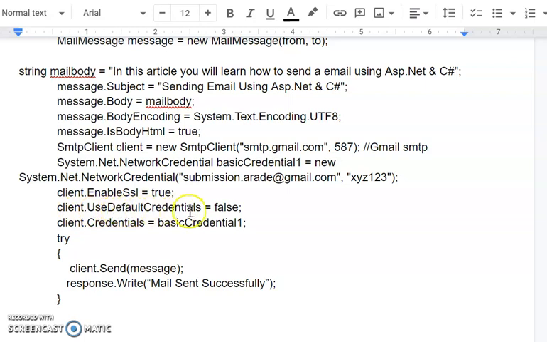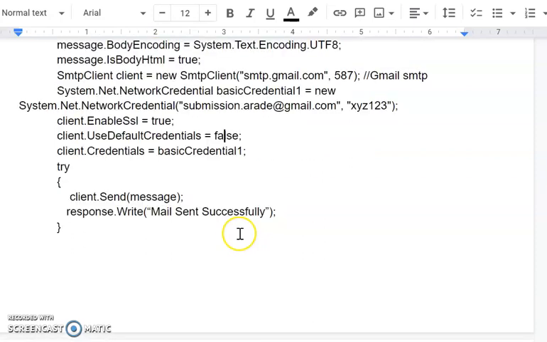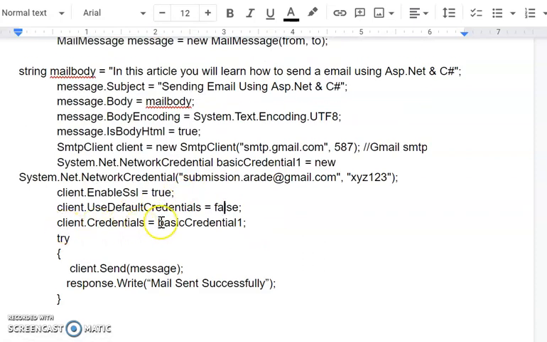Then client.UseDefaultCredentials: we are providing the credentials, so don't use the default credentials, set it as false. Then client.Credentials is basicCredential, yes. Here the object is created, so these object values will be assigned to client.Credentials.